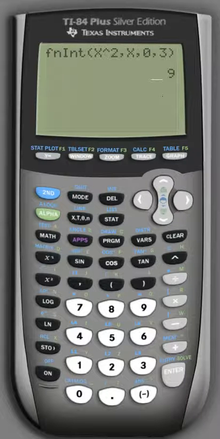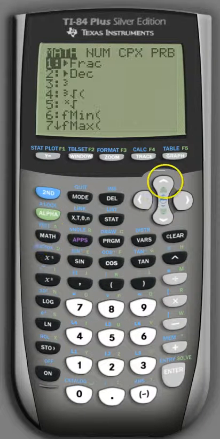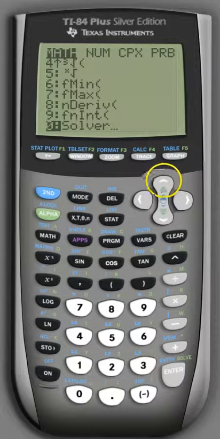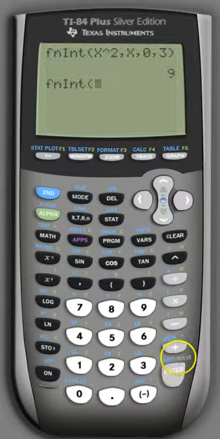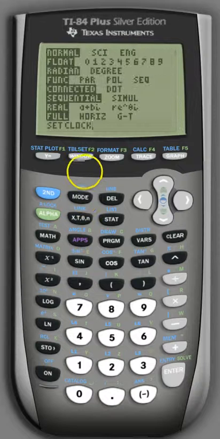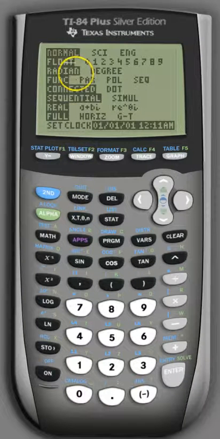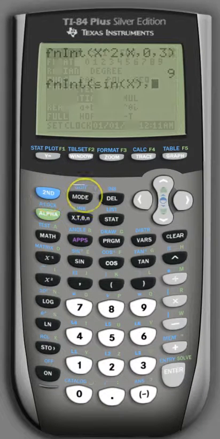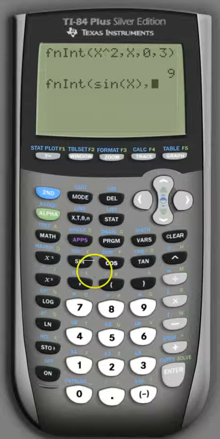Okay. If you want to do just one more example here, let's do math. I always go up because up wraps around, so it gets me to the 9 faster there. fnInt, let's do the sine of x. If ever I'm doing calculus with a trig function, I better make sure that I am in radian mode. Yes, I am in radian mode. So, all right, let's come back. So sine of x, comma, x, comma,